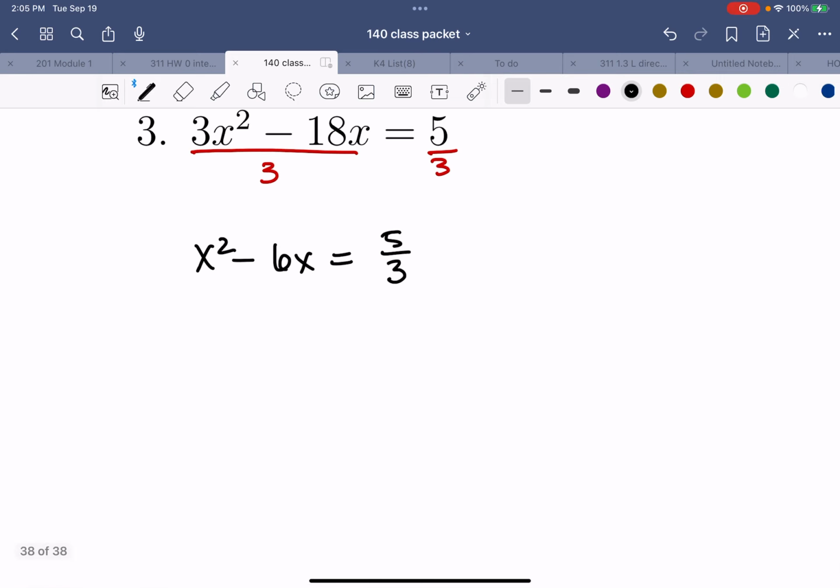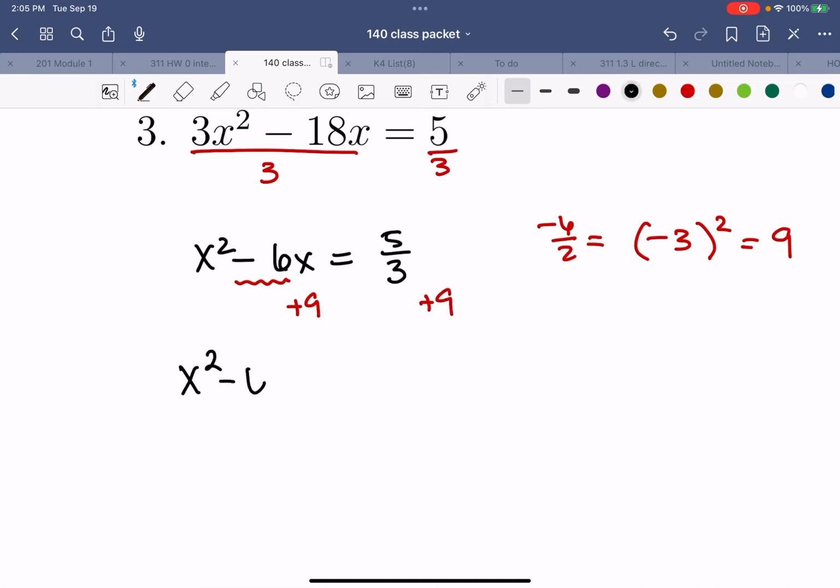Then I need to figure out what number I add to both sides. So I look at the number in front of my x and divide it by 2. Negative 6 divided by 2 gives me negative 3. And then I want to square it, and that's going to give me positive 9. So I'm going to add 9 to both sides. That gives me x squared minus 6x plus 9